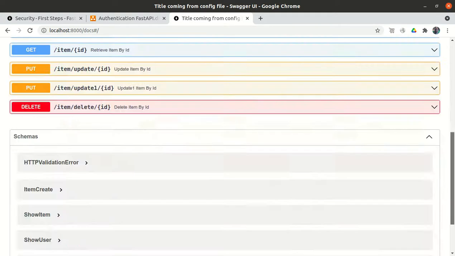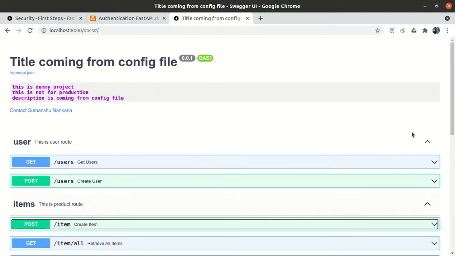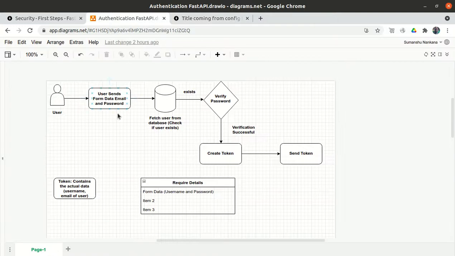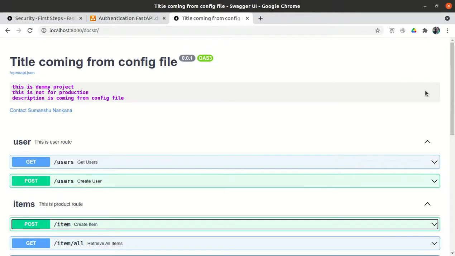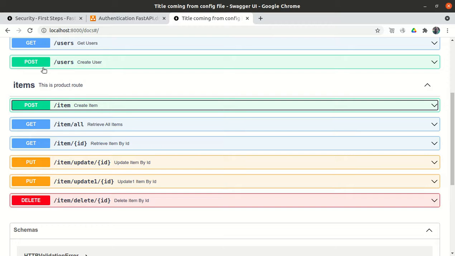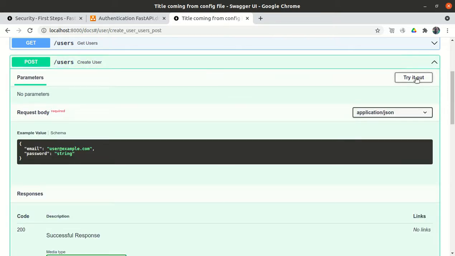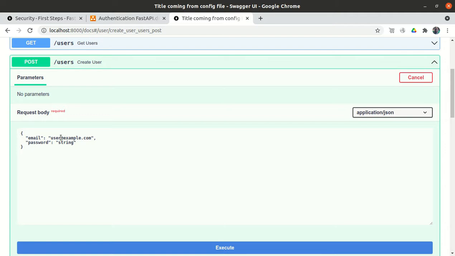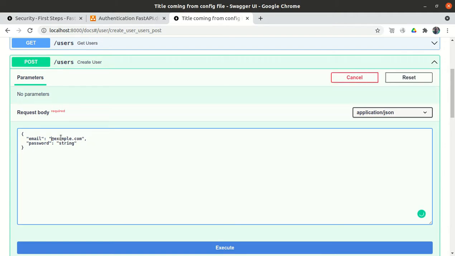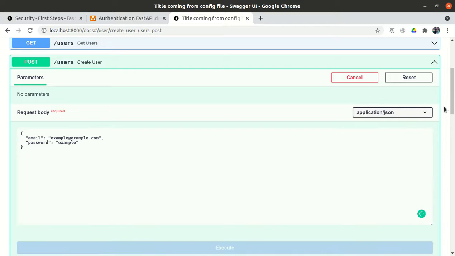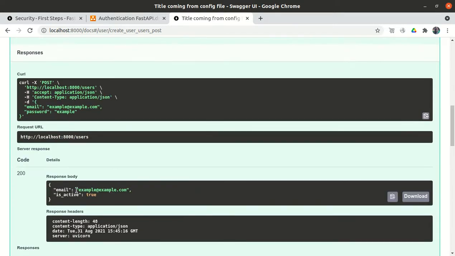But I could not see where I should enter the user ID and the password, right? I could not see anything, because the first step is the user has to enter the user ID and the password. Okay, that is fine. I came here, I created the user. Let me create the user. So let's pause. example@example.com, and the password is example, EXAMPLE. So the user came here, the user has created the account. So let's see. The account has been created, example@example.com, and the user is active now.